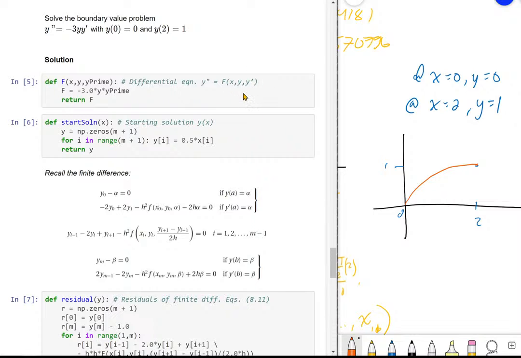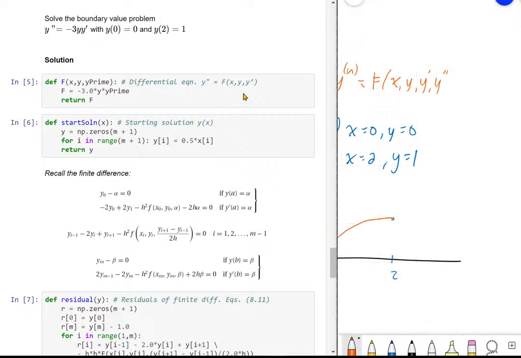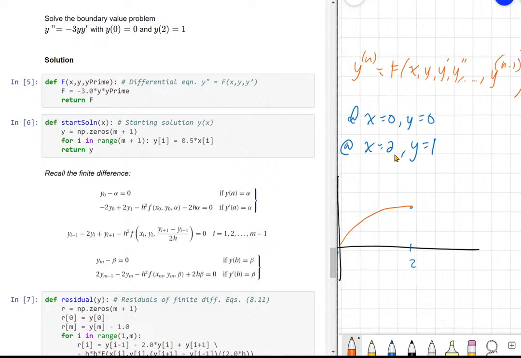So if you have the y to the n differential equation, this is f of x, y, y prime, y double prime, and then up to y to the n minus 1. That is how, but in this example we only solve for the second order differential equation, which is